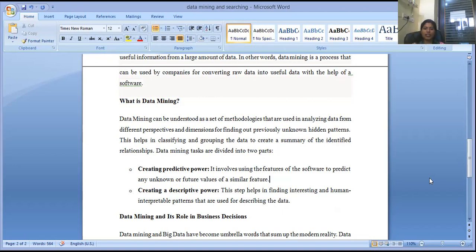This step basically helps in finding interesting and human-interpretable patterns that are used for describing the data. Clear? So now if we talk about this one, this step basically helps in